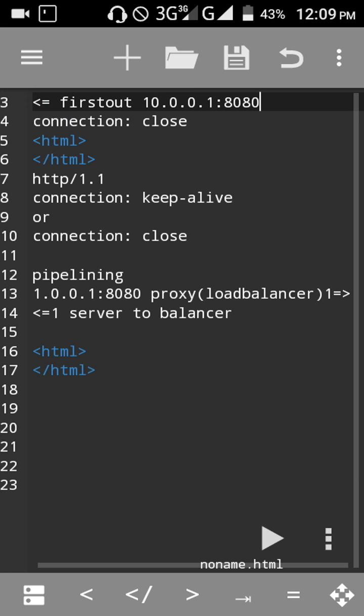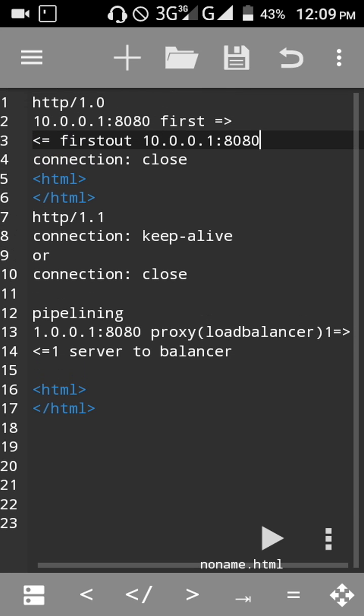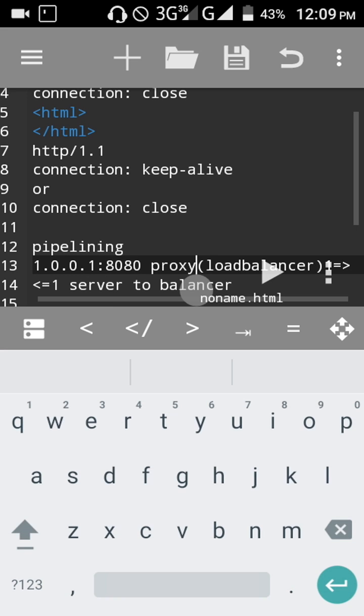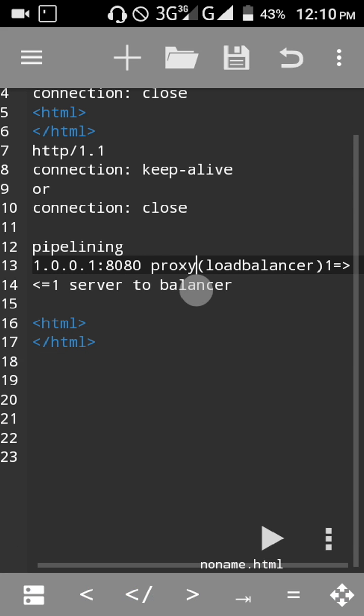Now you can see that the IP address right here, 10.10.10, is going to go in as the first, and it's going to come out as the first out. But in the pipelining thing, when the IP address goes, there is always what we call a proxy or load balancer. When a request goes in through this load balancer or proxy, the proxy is going to automatically flag the request as one,